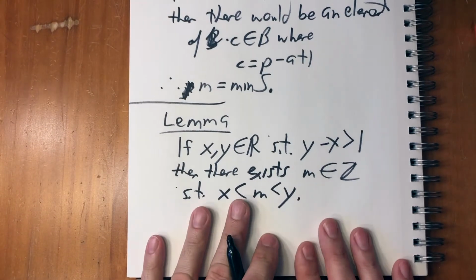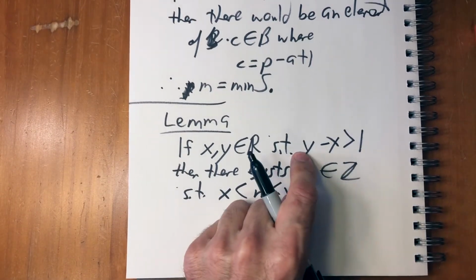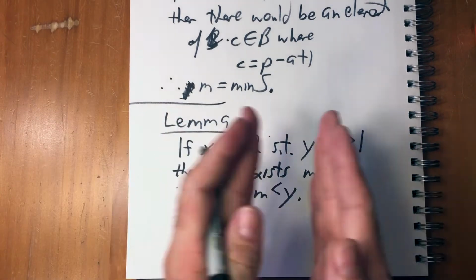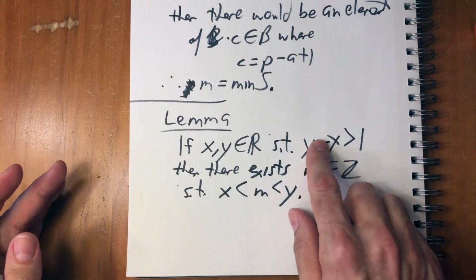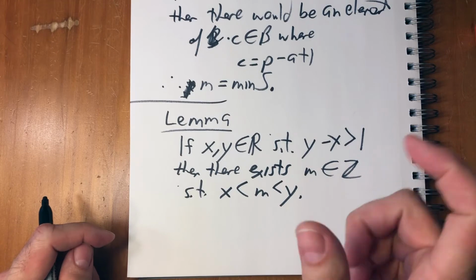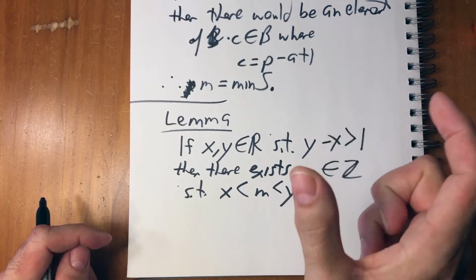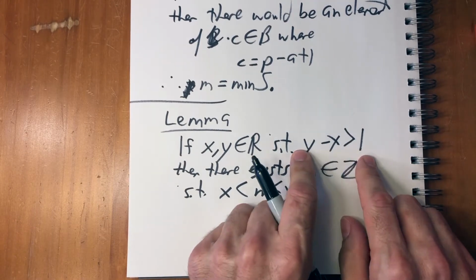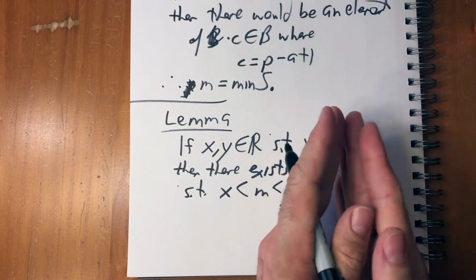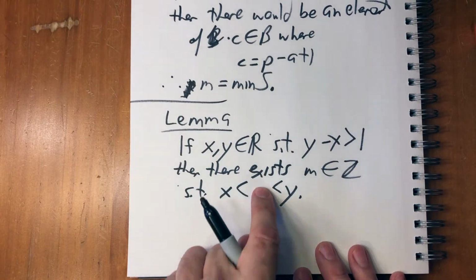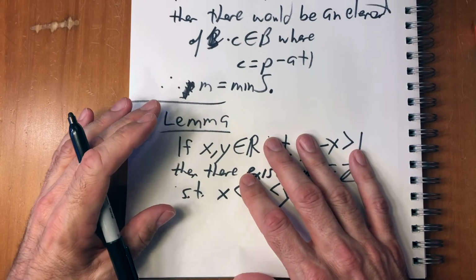Okay, so what does this mean? y minus x greater than 1 means that y and x are more than 1 apart, right? The difference between x and y is greater than 1. So they're not close together, they're at least 1 apart. What this says is that if they're farther apart than 1, then there has to be an integer between them. So to prove this,